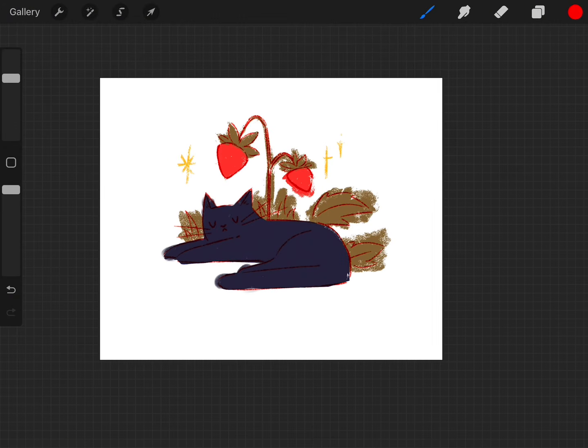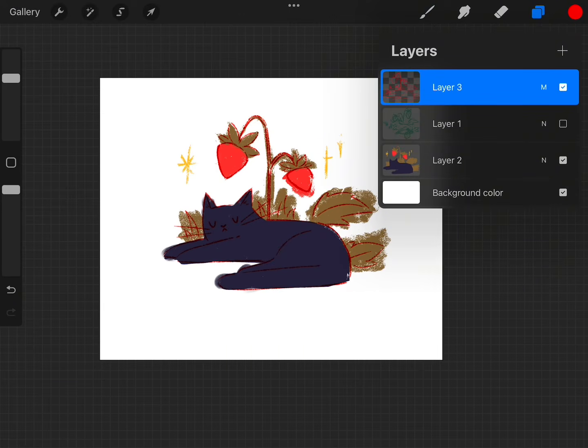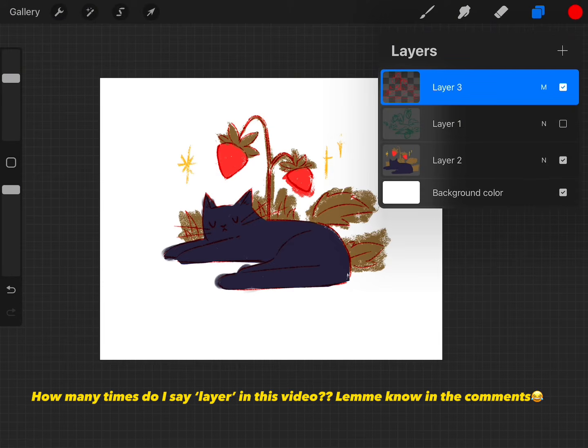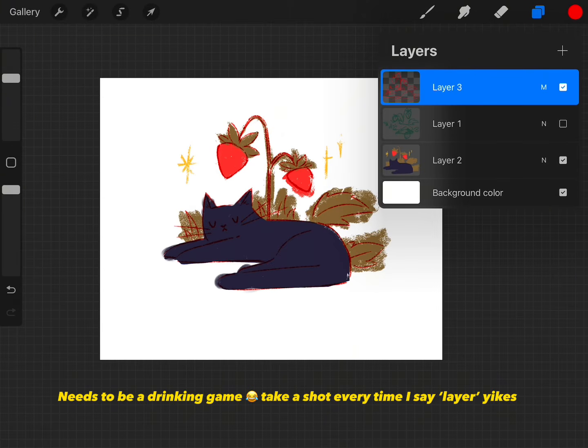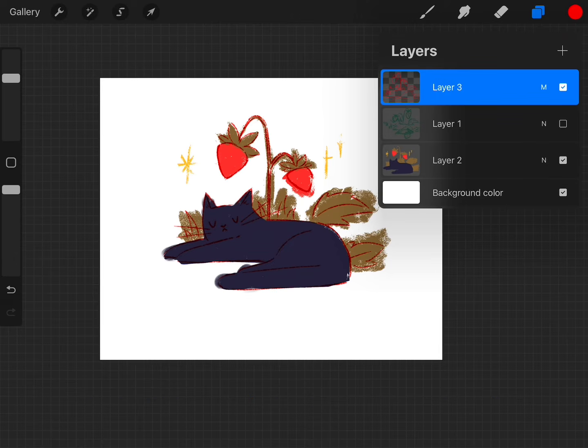So the next thing I want to show you guys that you can do with layers is something called clipping mask. I think a lot of people kind of confuse this with alpha lock. It is a little bit different, and you can kind of use it in different ways. So for clipping mask, what you do is basically, instead of locking that layer and only coloring what's in that same layer, you actually put a layer above the layer that you're working on, and you'll color on a separate layer, but you'll clip it to the layer beneath it so that it only stays